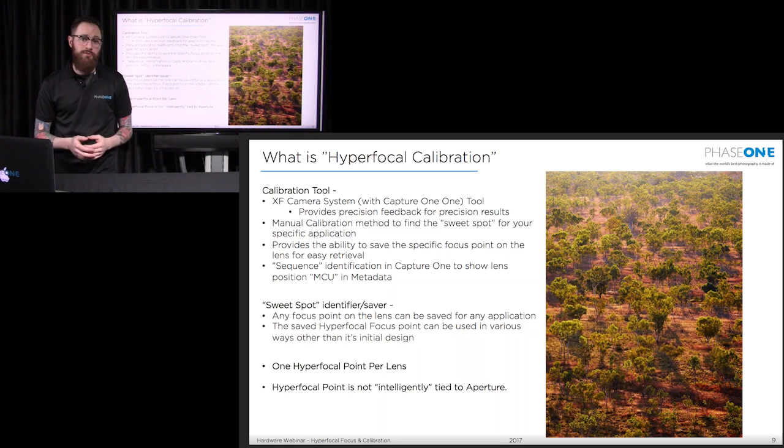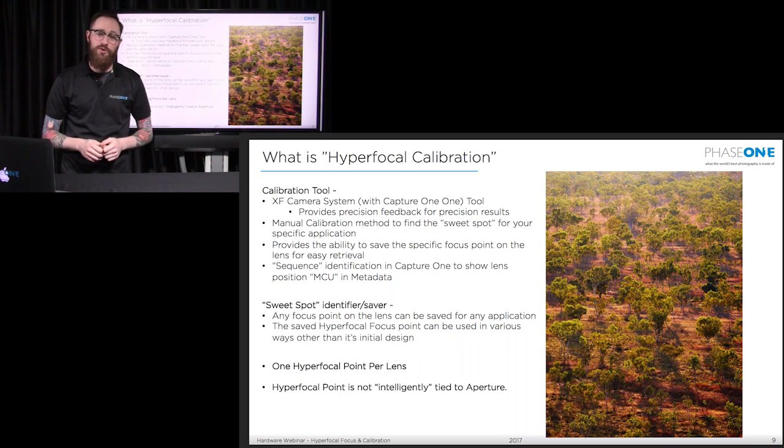Because if you've ever tried to use the workflow of pre-focusing, you'll sit there and focus on something, saying the athlete's going to be in that position in just a moment, and I want to make sure that I'm focused exactly at that spot. And then what inevitably happens is, once you've manually focused your camera to that exact spot and you're waiting for something to happen, something else happens, you use autofocus and capture that shot, and then you have to go back and start the whole process over again.